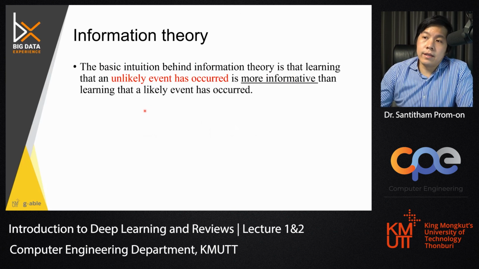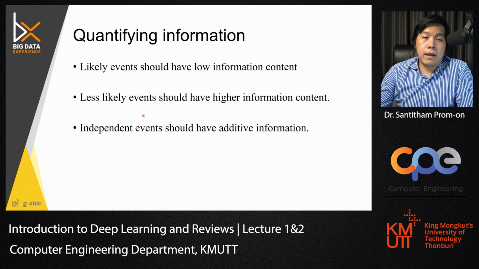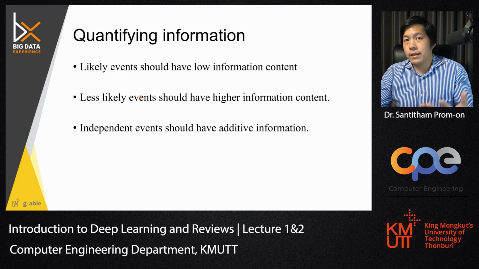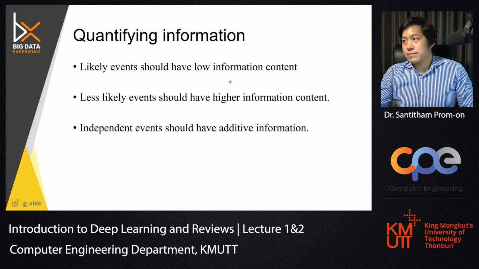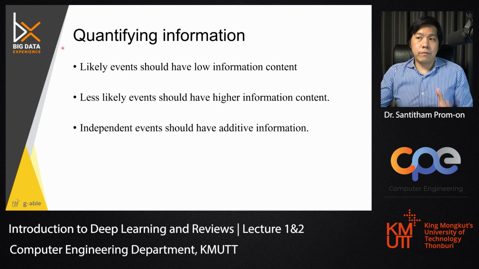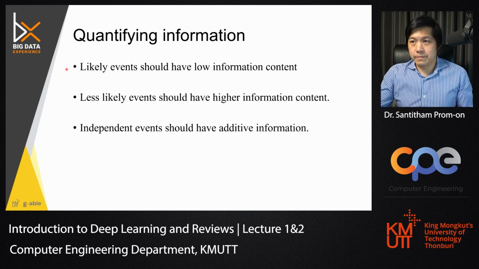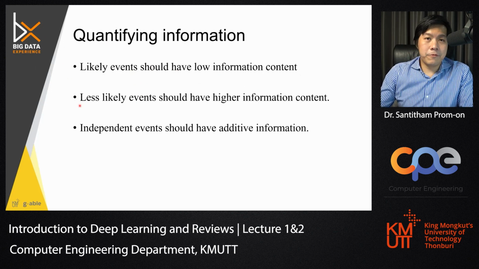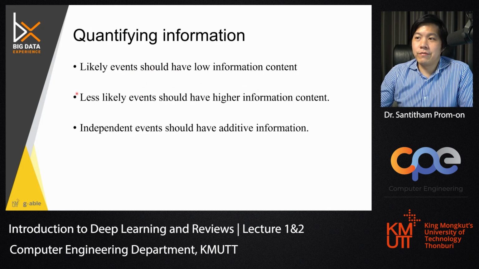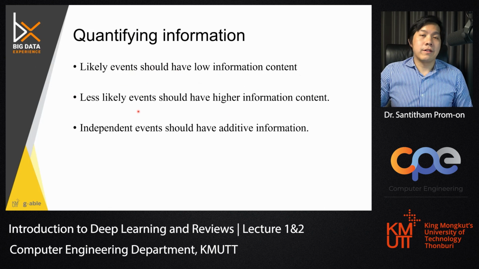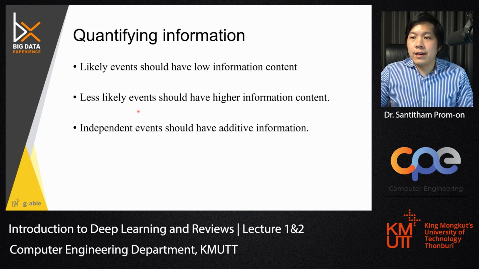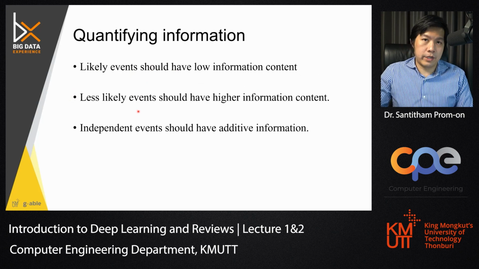So it is the concept that an unlikely event occurring might be more informative than if a likely event occurs. So it gives us information of different quality. A likely event gives you low information to predict the future because it happens every day. But a less likely event will give you higher information,